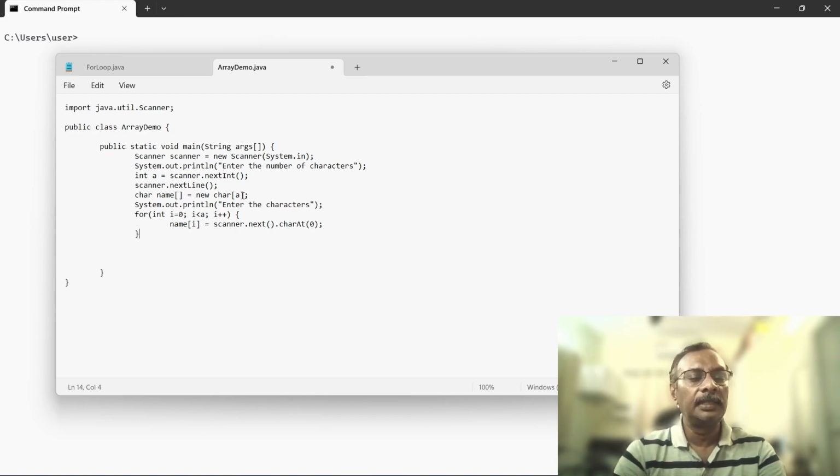I have assigned the size of A, right? So obviously it will have 3 elements in the array, and all the 3 will be filled with R, A and M. Correct? Alright. So now the array is filled. I need to print this. Again I need to use